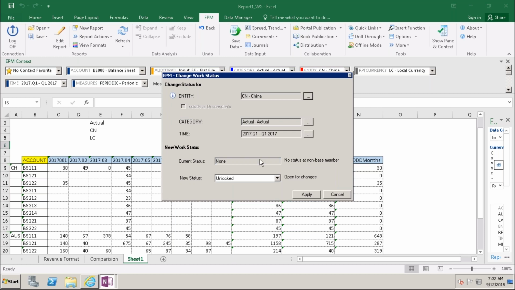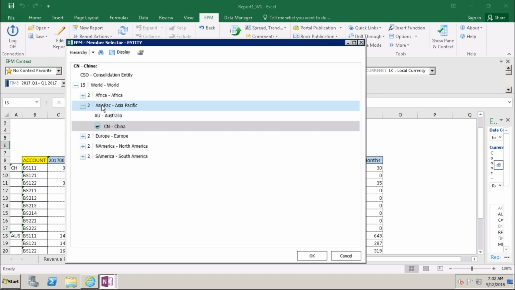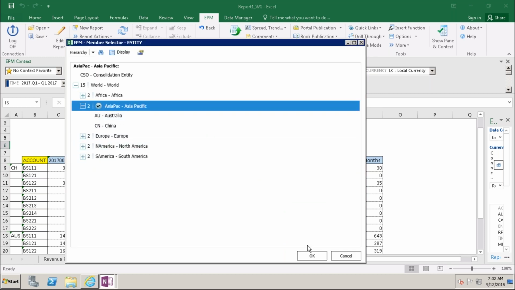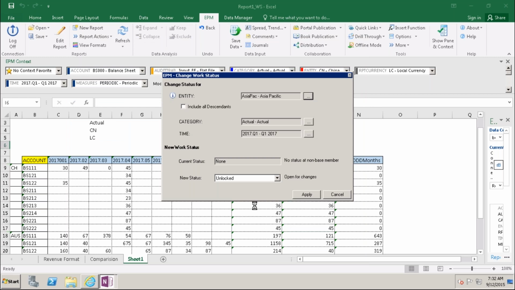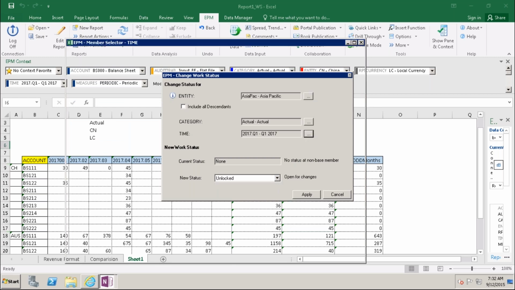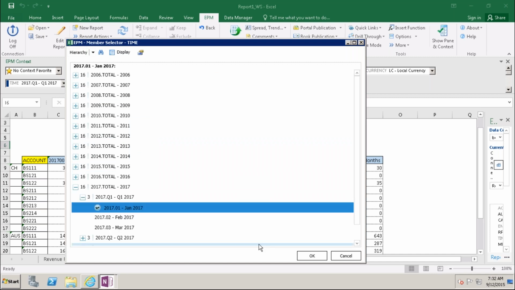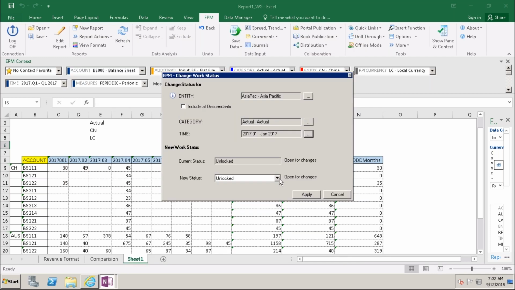Now the same user, I'm going to change here, instead of China, Asia Pacific I'm taking here. Click OK. So here includes all descendants.